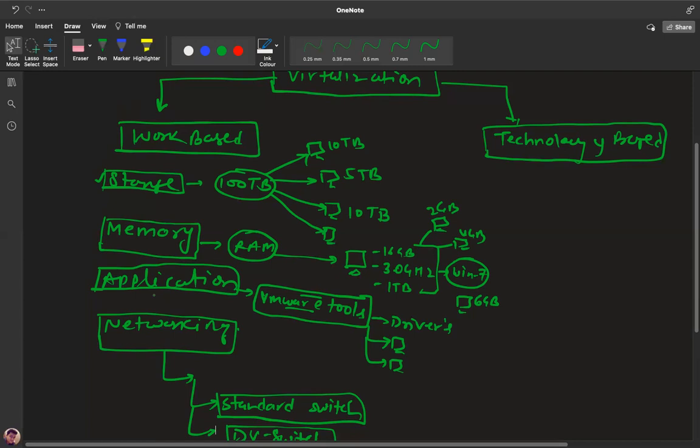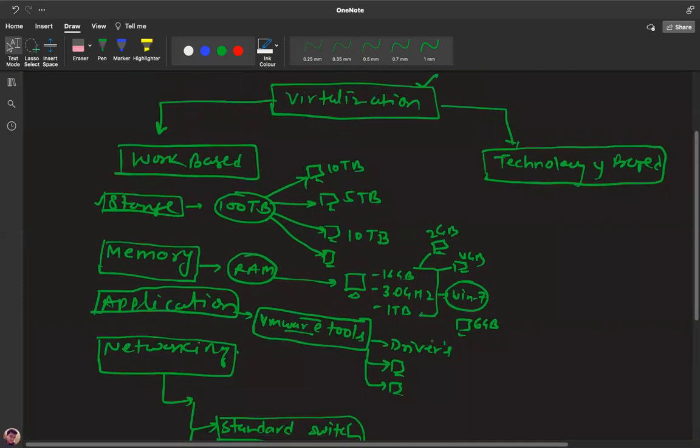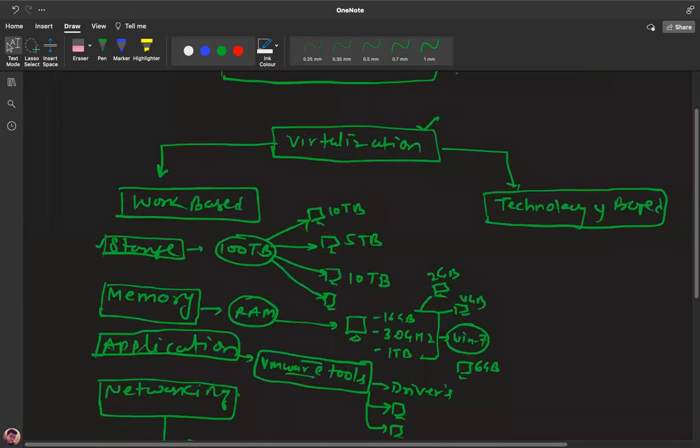Is it okay? It's clear. I'm going to show you the practical as well. No worry, because I have 16 gig RAM, I'll create multiple VMs. We'll create 4 different virtual machines with 8 gig RAM. It's possible, but in case of consumption, it will create a problem with your base machine.